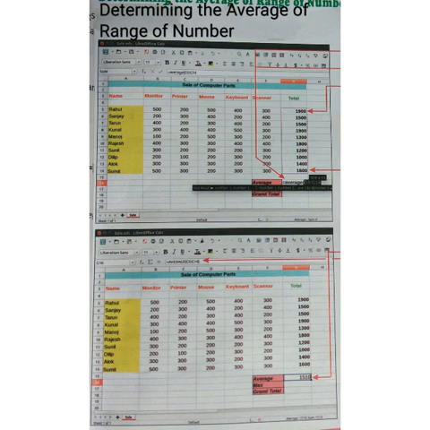Then type in that cell =AVERAGE( and click on the first cell, G5, the first endpoint of the range. Next, drag up to the last cell, G14, the second endpoint of the range.